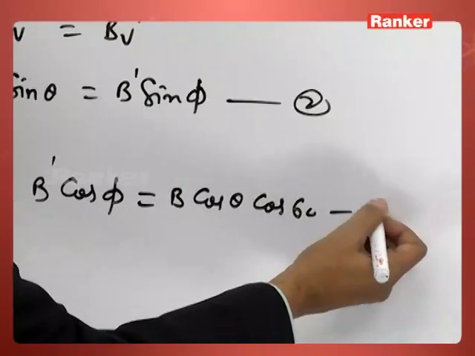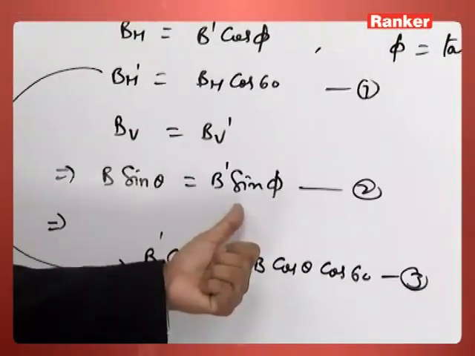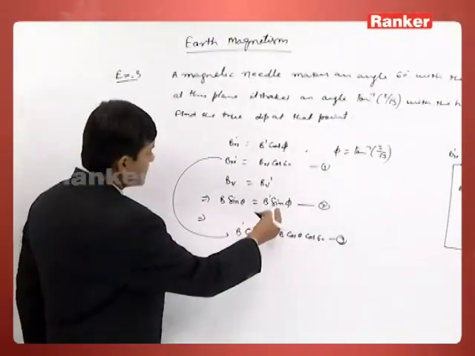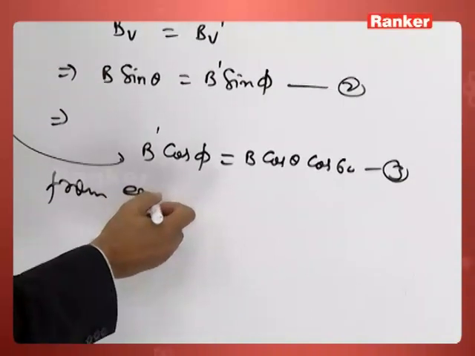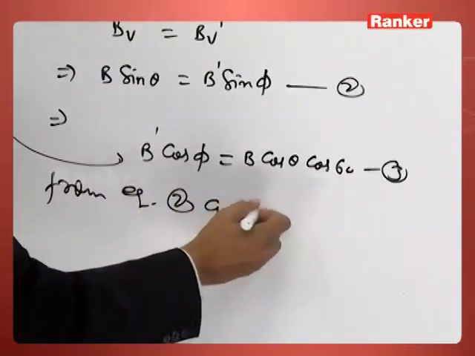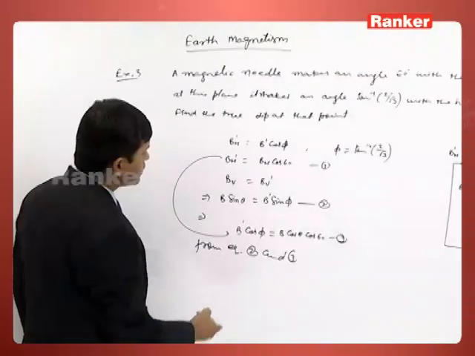Let this be your third equation. Now substitute the value from here. We can get from equations 2 and 3, B dash sin phi by B dash cos phi,